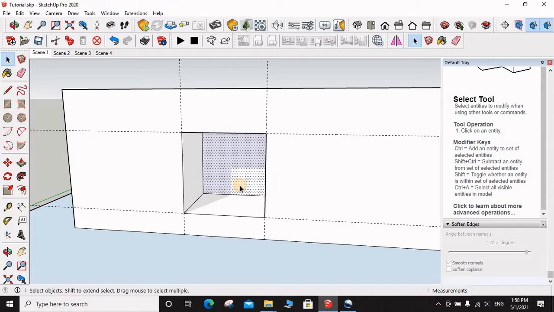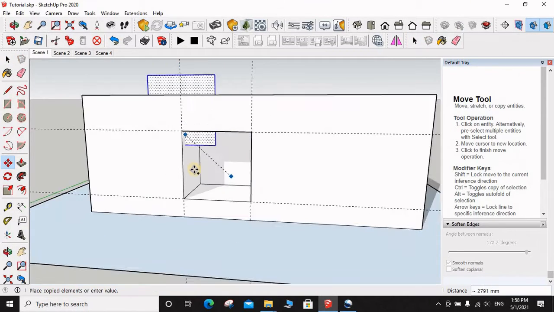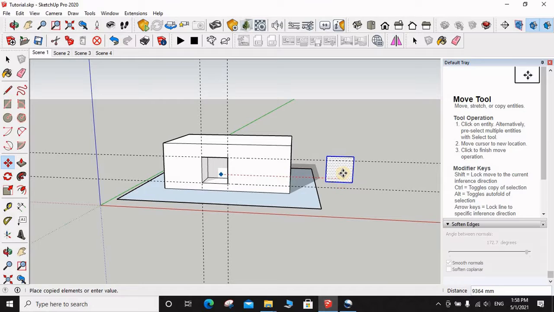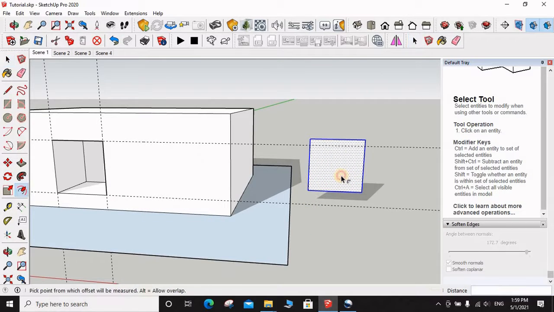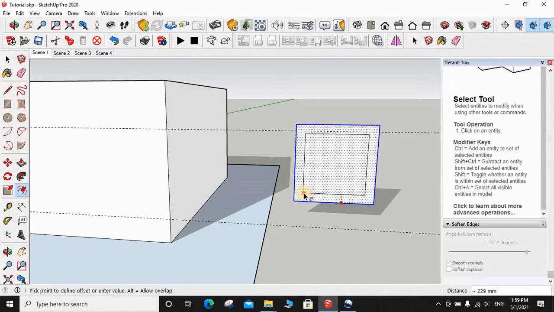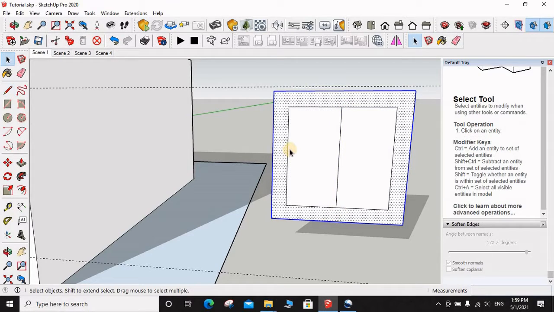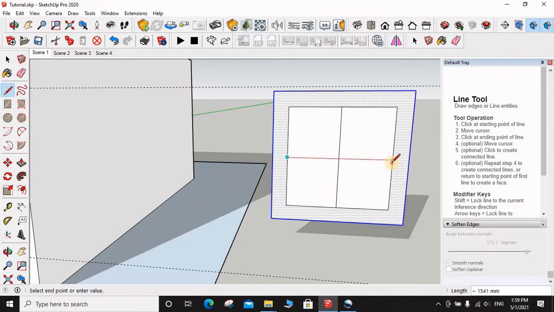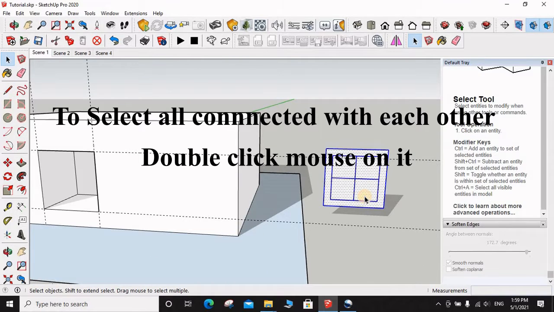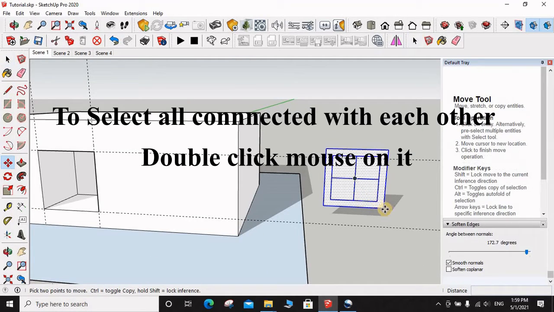You can make windows from this. When you become a perfectionist in 3D designing, you can make windows like this, making lines through it. You can draw lines, then let's assume it is a window, and you can move it.